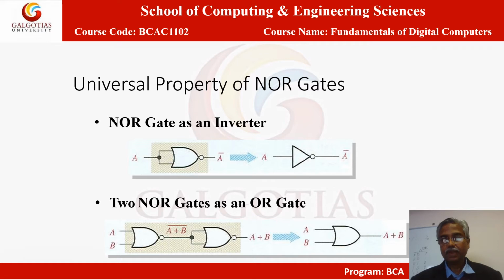What happens if we send 0 from A? That 0 will again be divided into two parts, 0 0, and from the NOR gate truth table you know that 0 0 becomes 1. So 0 will be converted into 1. So in both cases, whether 0 is entered or 1 is entered, the bit gets inverted. So it is working like an inverter circuit or NOT gate. Okay, is it clear?